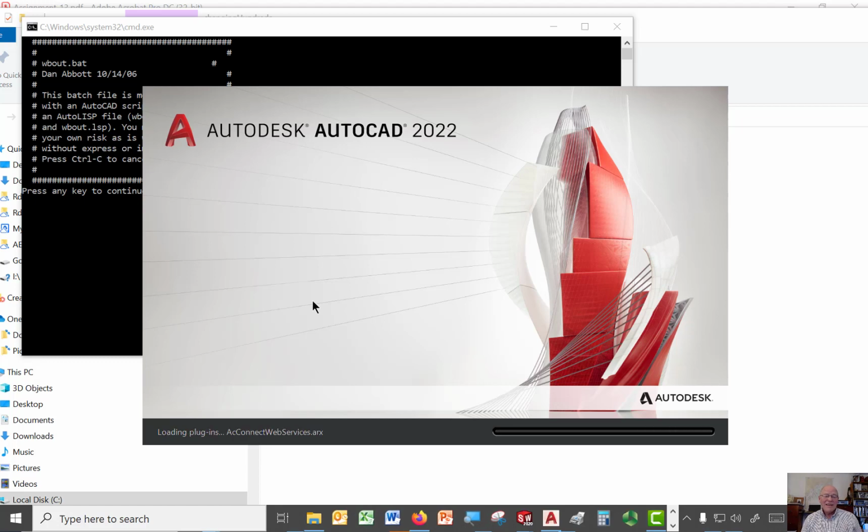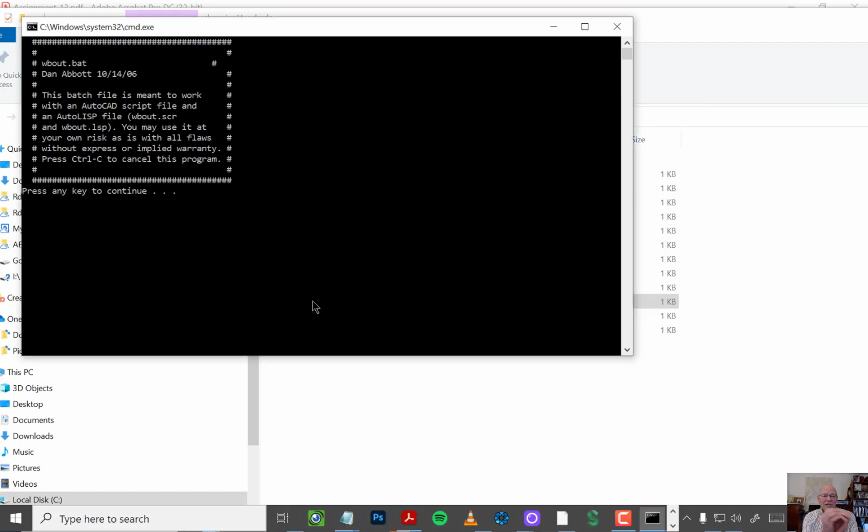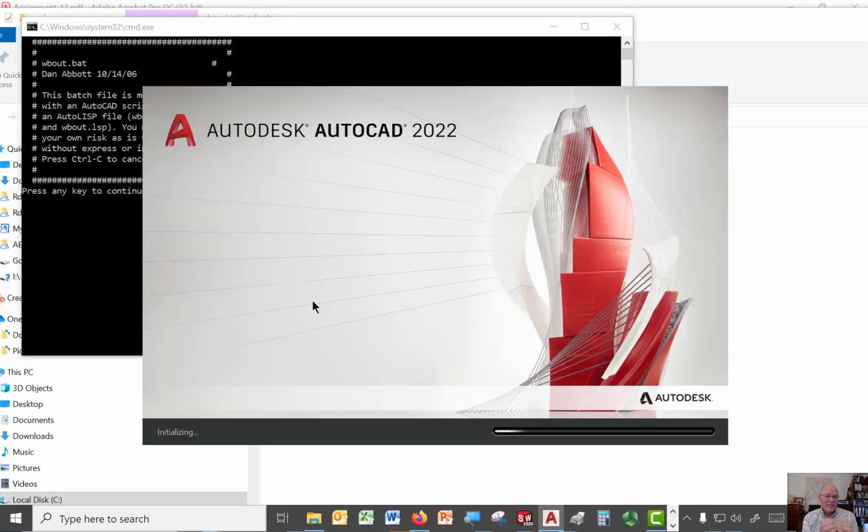In fact, when you test this, folks, just put together a little group of drawings, maybe 4 or 5 drawings, something like what I've done here, and run it on those first, just to make sure that it's working the way you want it to work. Now, once this is done, we'll take a look at that, and then I'm going to take a look at